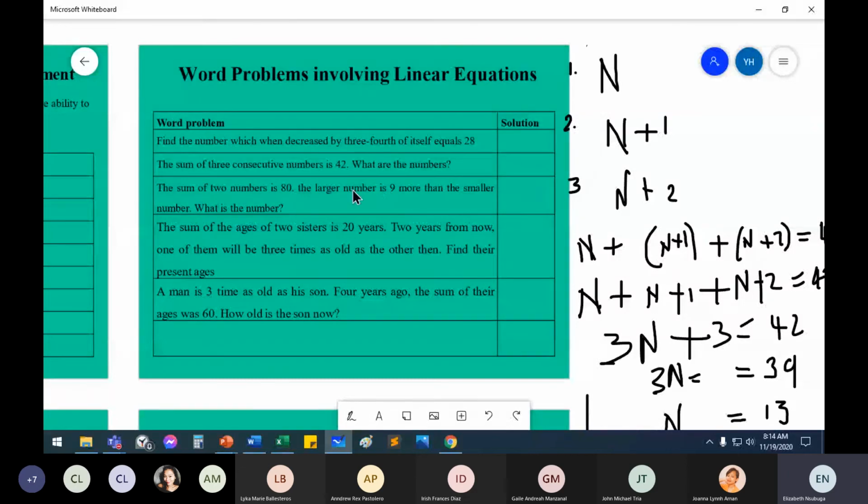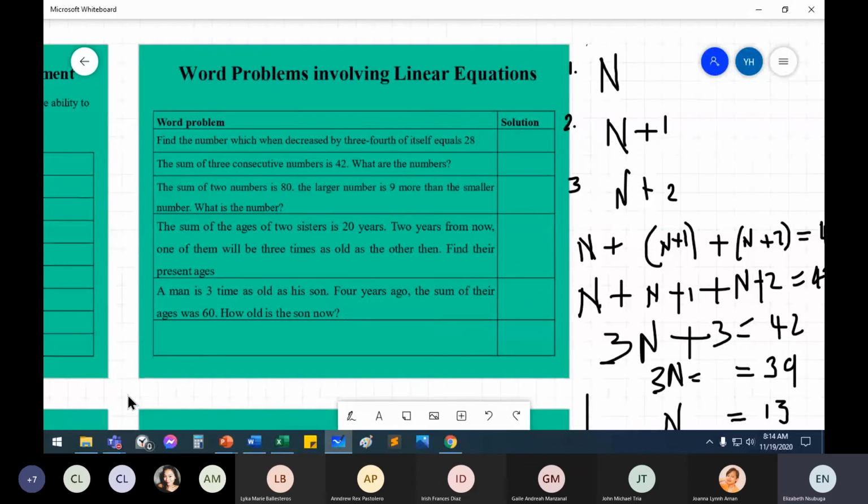I am not going to help you here. I want you to brain twist. So this is your assignment. You're not going to give me the answers here. I just want you to practice so that you'll be able to do my sheet work and quiz. Now, when we come next meeting, we are going to be doing this one,